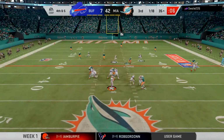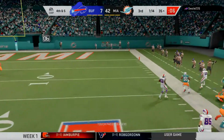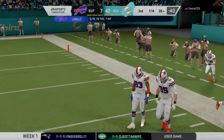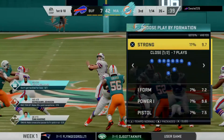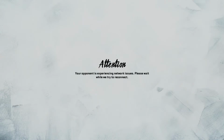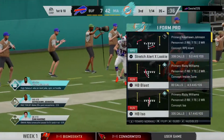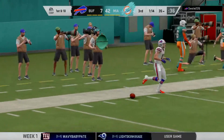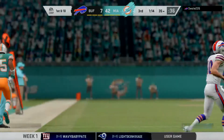Kelly throwing on fourth down. And my goodness, this is incomplete. Jerome Baker right there in coverage. So they've gone for it twice now on fourth down in this game, and both times unsuccessful. I wish we could hear the headsets now between the head coach and the offensive coordinator. Now that they're 0 for 2, if they get into a third situation, head coach might say, hey,